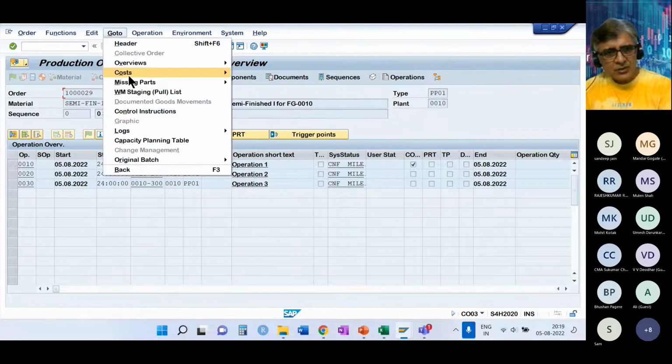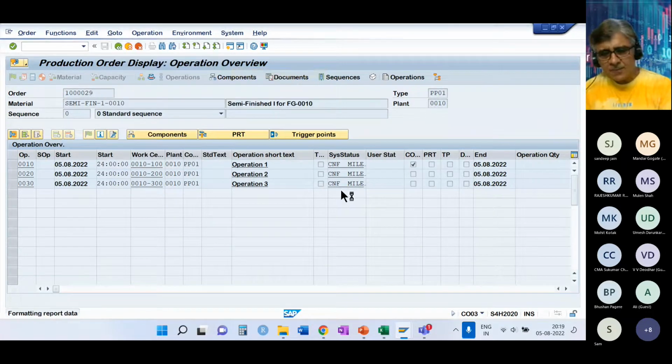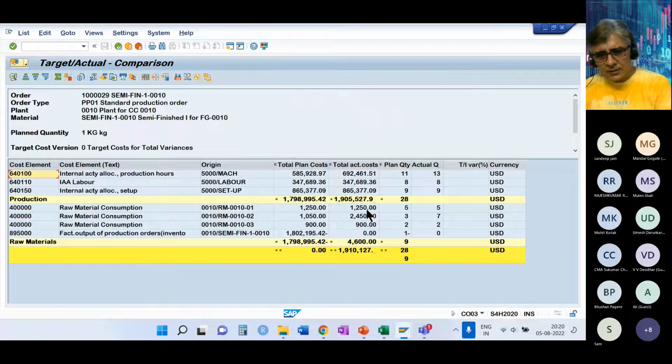And you go to the cost analysis. So all the costs are booked except this one. This is not actually cost, it is a goods receipt. We are yet to get the finished goods out. It is still in that production order box. So here the quantity was 11, we have consumed 13. And here there's some change in the activity, that we have consumed more.